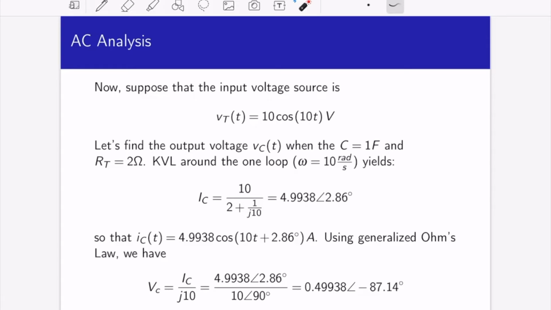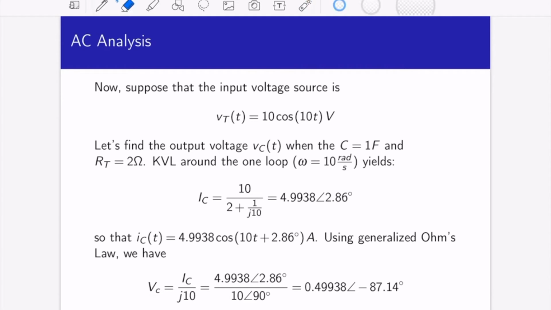So, we can then take this phasor notation and write it in time domain. I sub c of t is equal to the amplitude 4.9938 cosine of omega t. Remember, omega is 10 radians per second, plus the angle, which is 2.86 degrees, and the unit, of course, is amps. Using the generalized Ohm's law, we know that V sub c is equal to I sub c times 1